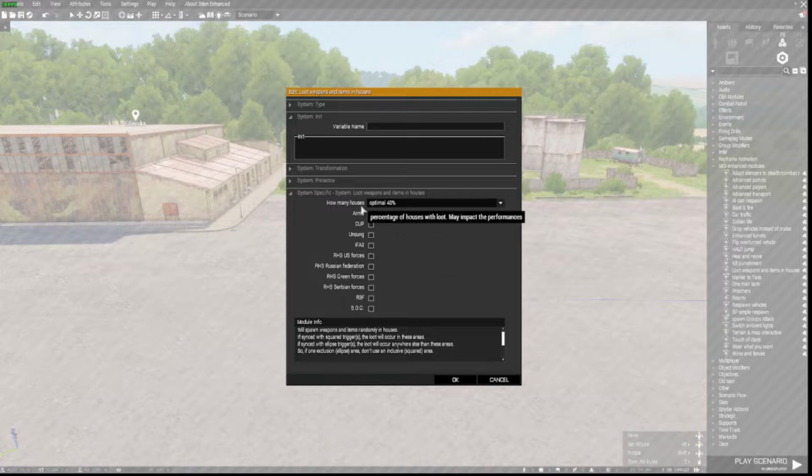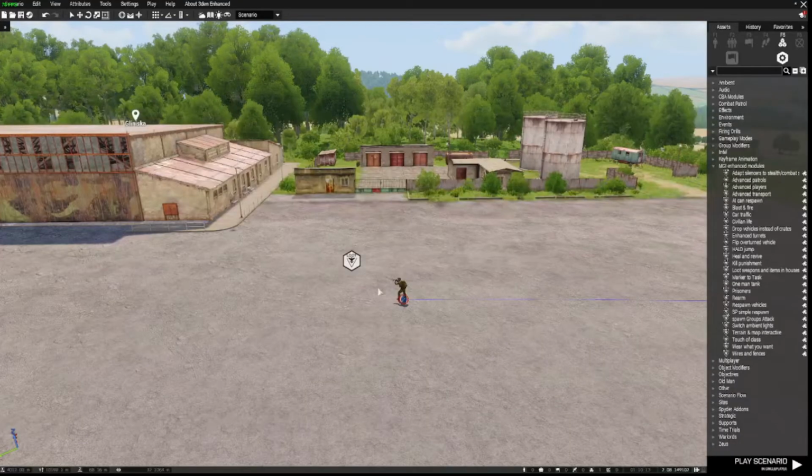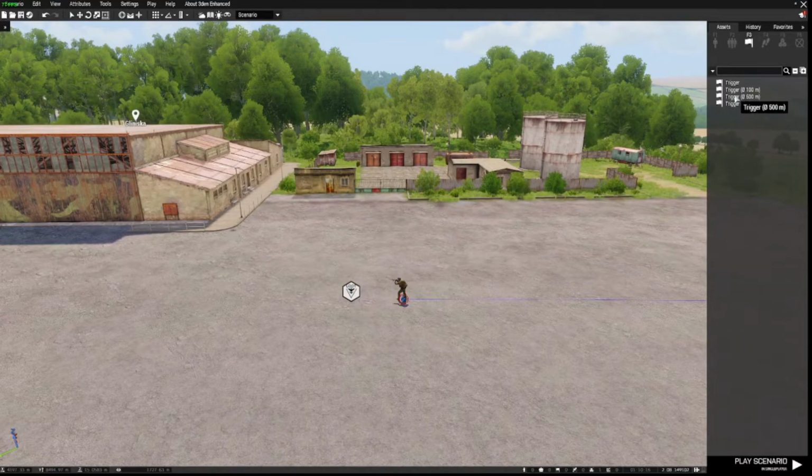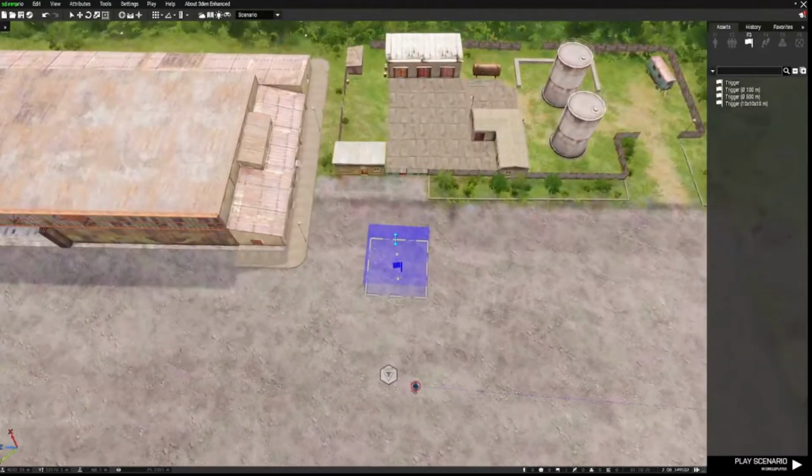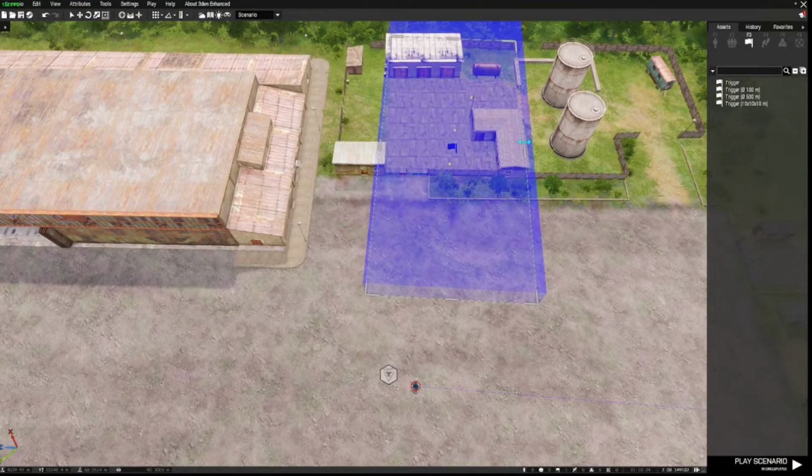And here you can actually select the type of loot. So instead of having Arma default stuff, I'm going to select Cup and US Forces for RHS. So leaving this as it is, 40% of the buildings on the map that are enterable will have some sort of Cup or RHS US Force weapons, ammunition, etc. If I wanted to restrict that down a little bit and just have it in a specific area, you can place a trigger, and I'll have the trigger covering these buildings here,